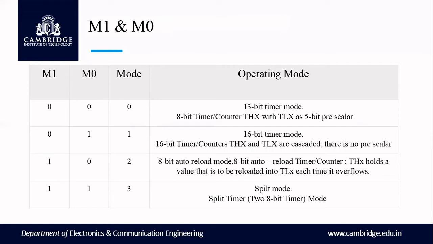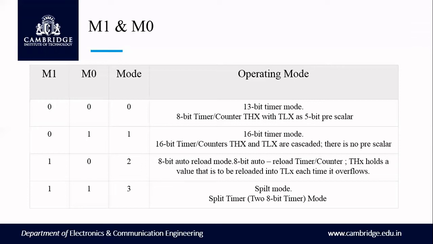This is very important. 16-bit timer mode means that whichever timer you are using, you use both the registers. That is TLX and THX, where X may be either 0 or 1. TL0 and TH0 indicate timer 0, both registers you are using. If you are using both registers, then it becomes the 16-bit timer mode. So 16-bit values you can load and you can achieve the counts. That is about mode 1 operation. If you want to use mode 2, then the M1, M0 bits should be 1, 0. Then we call it mode 2. This mode 2 is called the 8-bit auto reload mode.